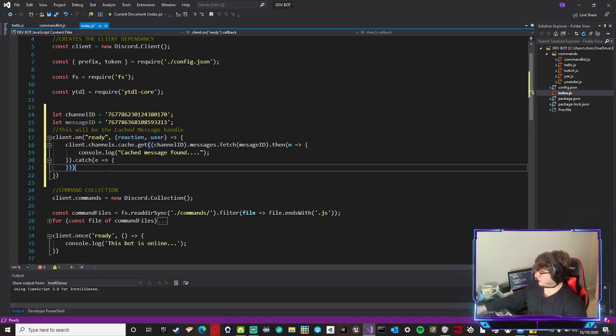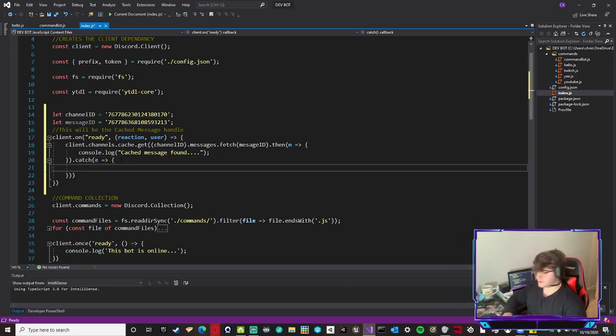Again, does it not like that? Why does it keep wanting an extra one? Anyway, so we'll have our catch message right here, and we'll do console.error, and the error we want to say is error finding